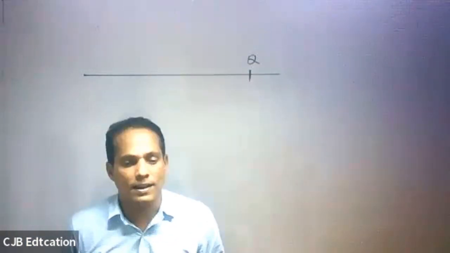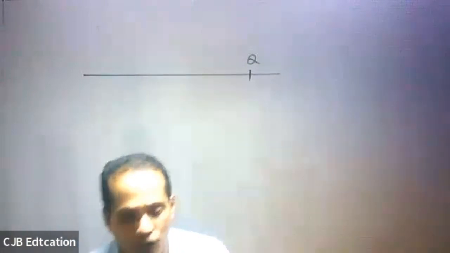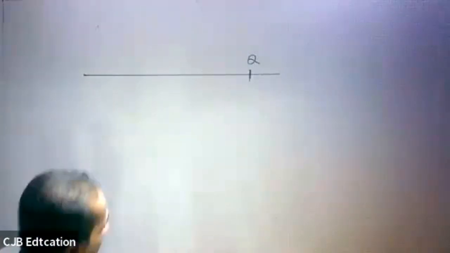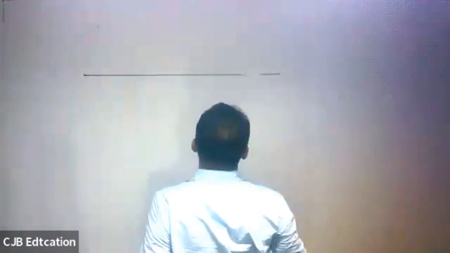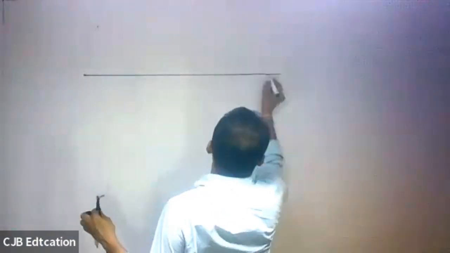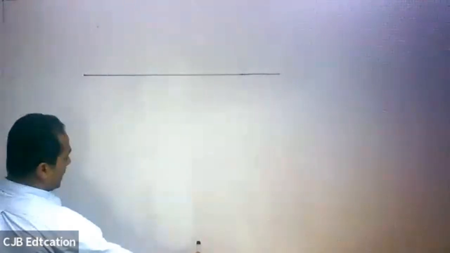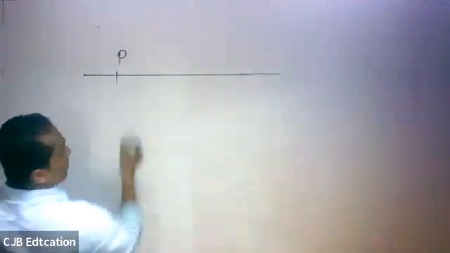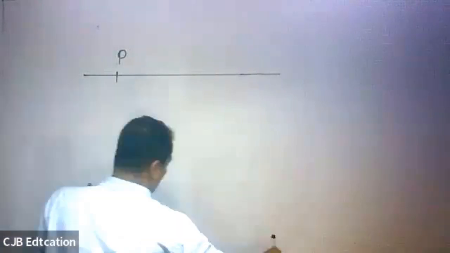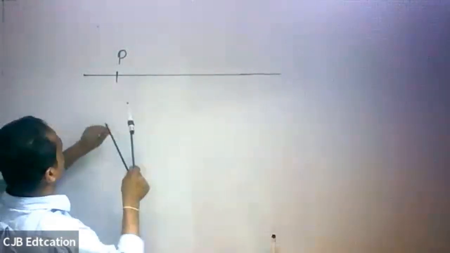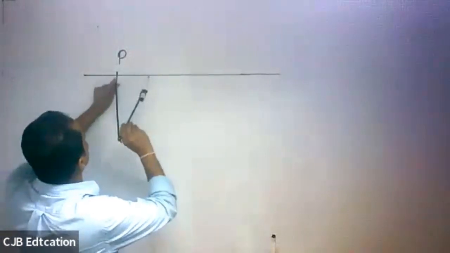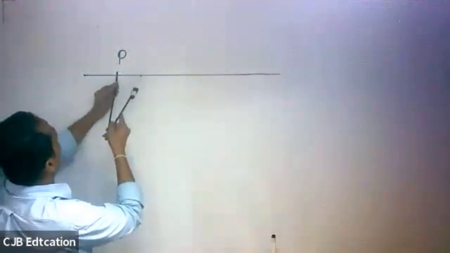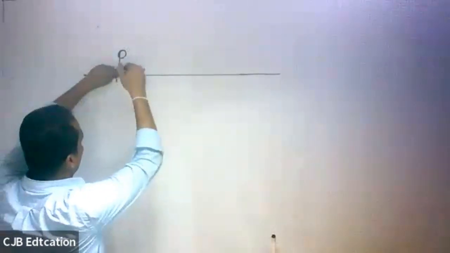Construct an angle of 90 degrees at P. Right? Now we have to construct the angle of 90 degree at point P. Right? Now how we can do that? We can put the point P here, and then we can construct it. We can take some little distance to the compass and put the tip on the P and take 2 arcs